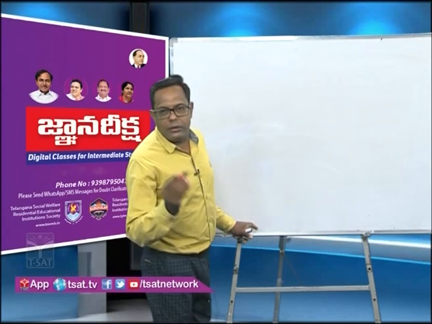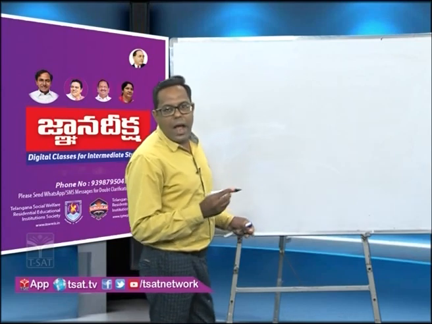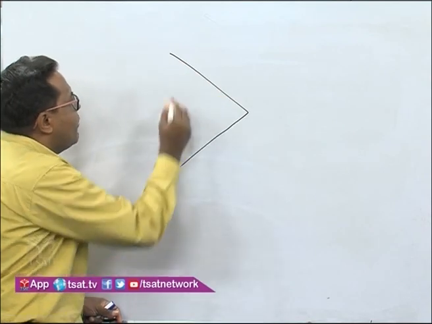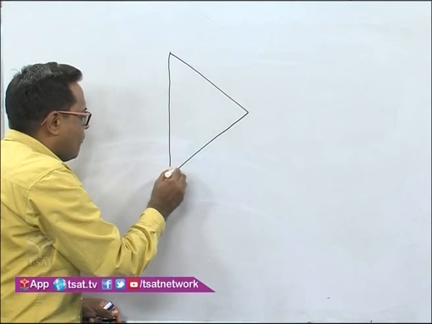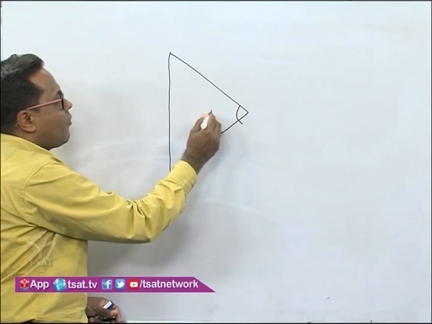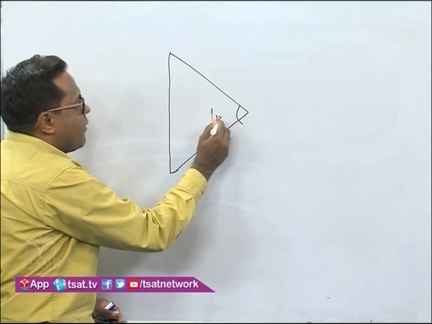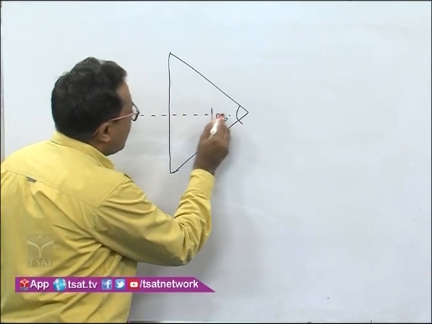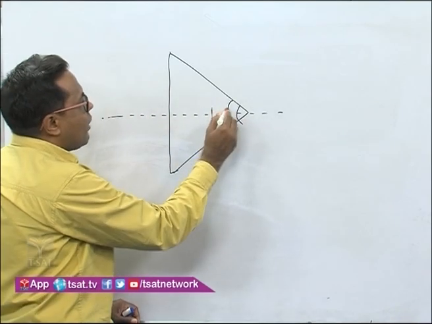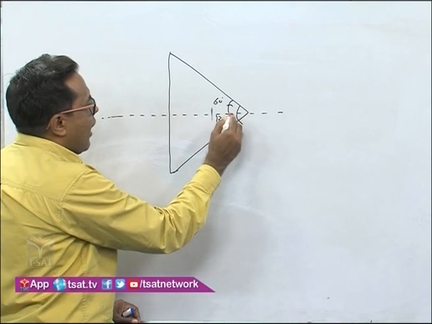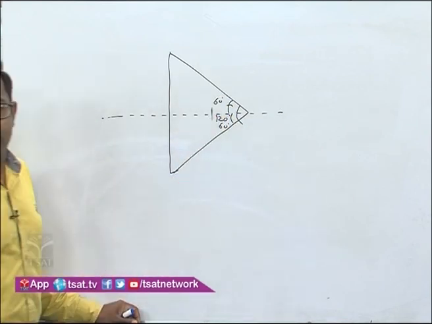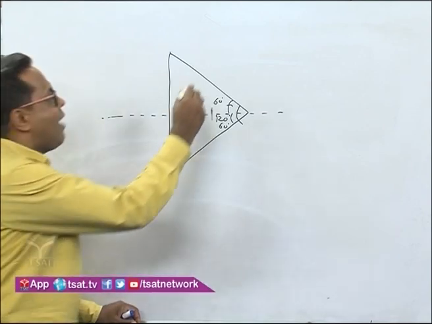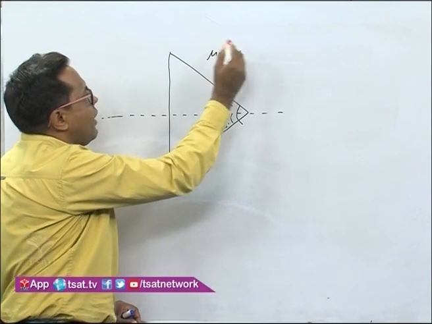First, they have given you an isosceles prism with the angle of prism as 120 degrees, like this. This angle is given to you as 120 degrees. Now we draw an axis such that this angle becomes 60 degrees and this angle becomes 60 degrees, for the sake of symmetry. According to the question, the mu of this prism is given as √2.